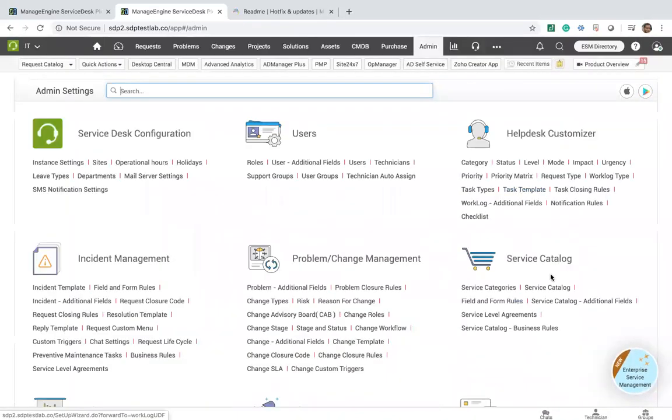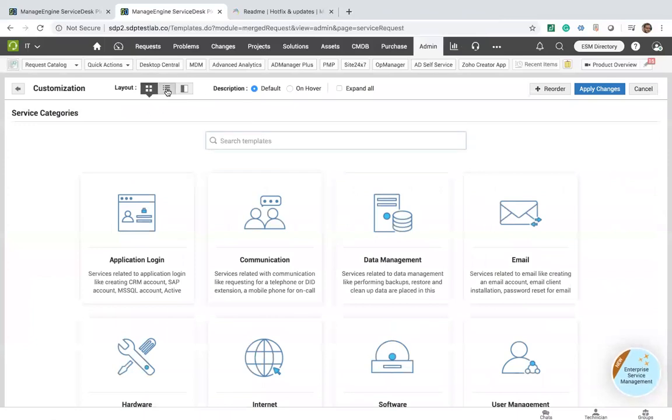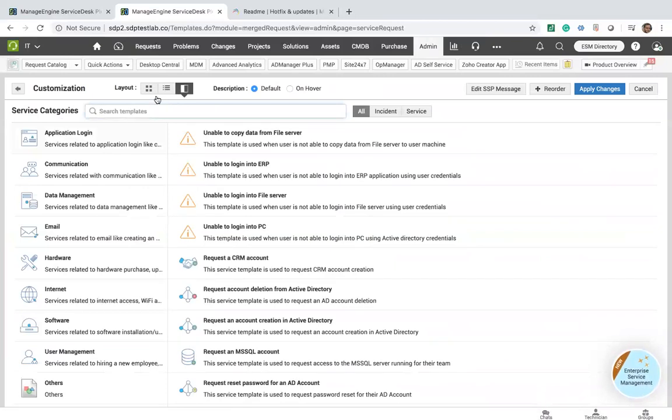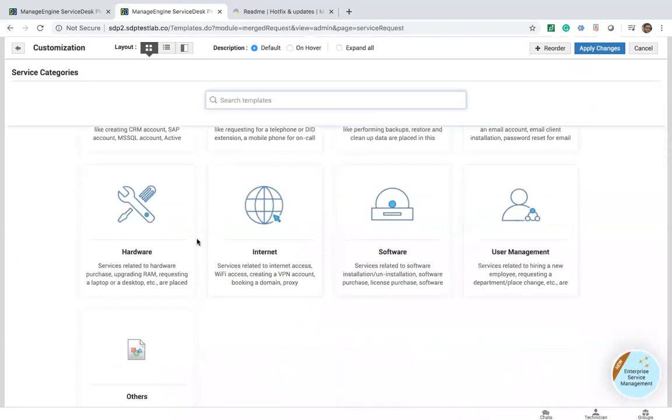So earlier it used to list out the whole bunch of templates in one particular format, but in the latest version, we have brought in an option to customize this, meaning you can choose whichever layout you want to show up all these request templates. So this is gonna be real handy so that we can make users choose the right one, because this